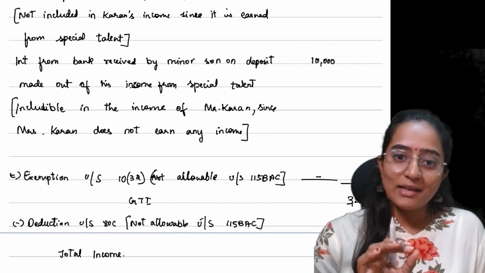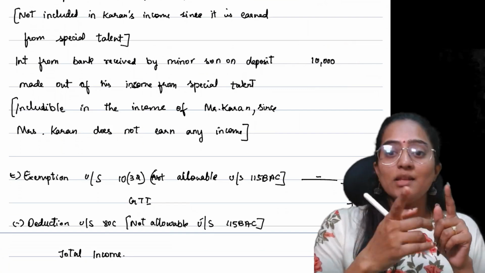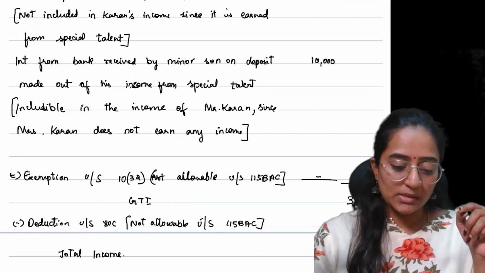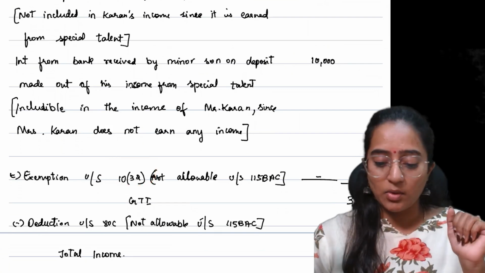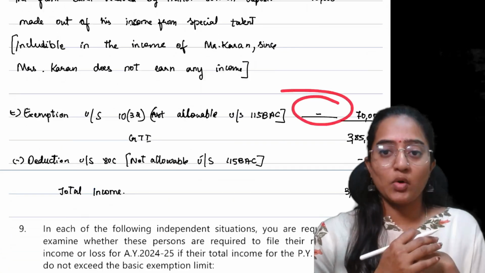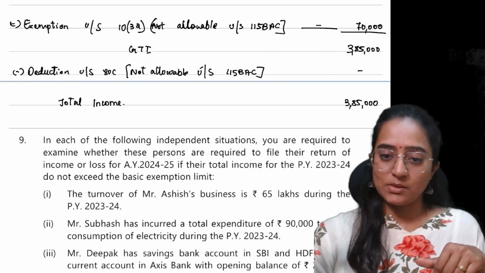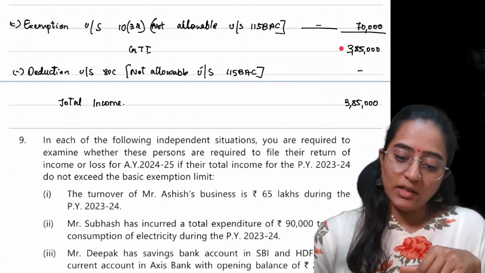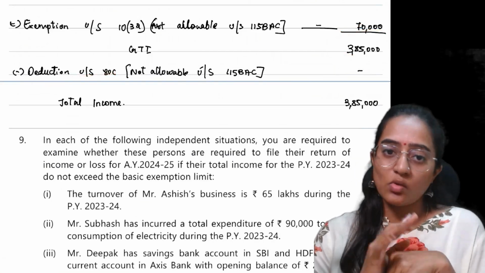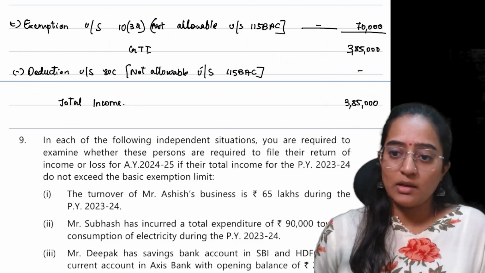And he will get an exemption of 1,500 only if it is other than under 115BAC normal provision. As this is under 115BAC, 10(32) is not allowable under section 115BAC. Hence, 1,500 rupees is not allowed as deduction. Your total income which is taxable is 70,000, and your gross total income is 3,85,000. Deduction under section 80C is not available. Hence, your total income is 3,85,000. Clear?